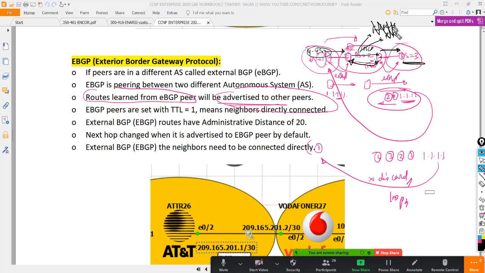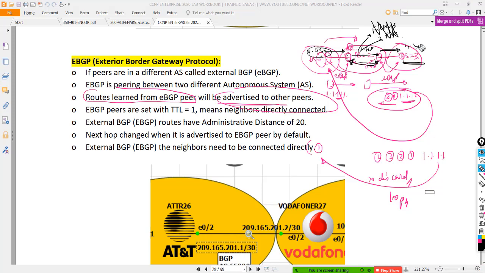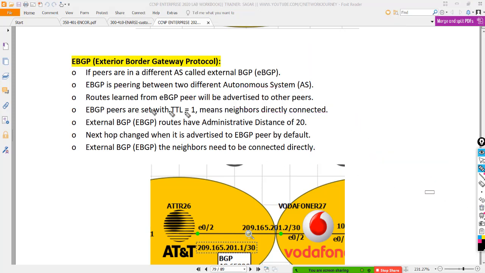If you don't have either of them, then this prefix will not reach here. So in iBGP, you should take care of the loop prevention so that you can still forward those prefixes to the next AS. Okay, in the case of the TTL value, TTL is nothing but time to live.